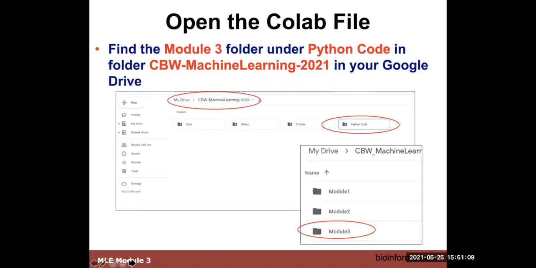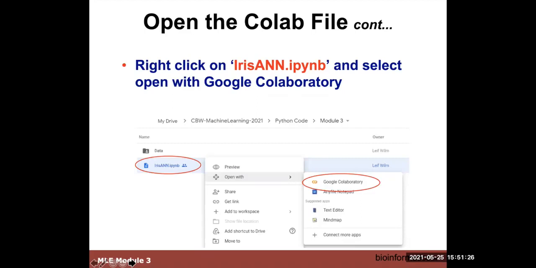And now we're going to try and write the program. So we could write it from scratch, or since it's already been written, you guys can go to your machine learning site and module 3, and you can choose the Python code, because that's the one we're looking at. There is the R code. If you're more comfortable with that, you can choose it. And once you've chosen the iris ANN for artificial neural network,